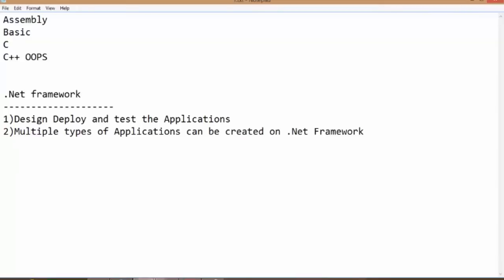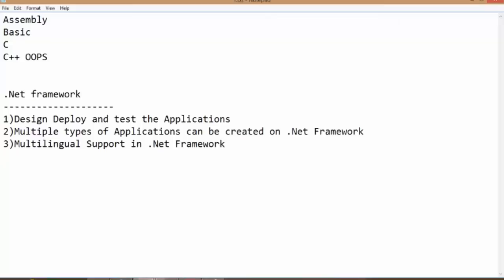And when we combine all these modules, as a project it will run, right? Okay. So that is known as multilingual support in the .NET framework. How it is going to process, or how it is possible that we can combine the code of multiple languages into a single project, I'm going to explain next. But for the time being, I'm just writing over here: multilingual support in the .NET framework.